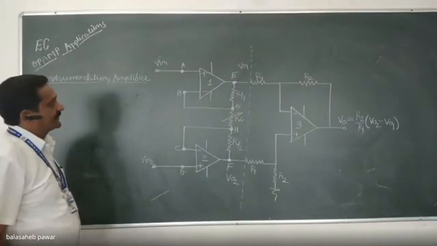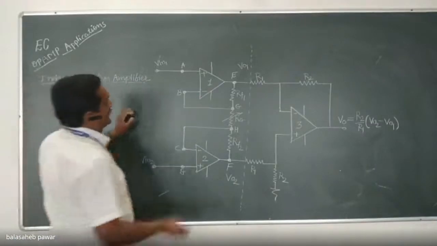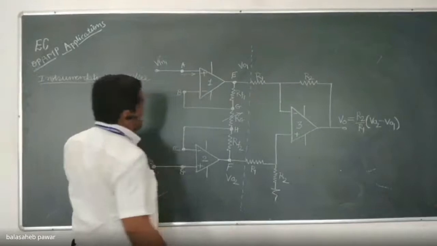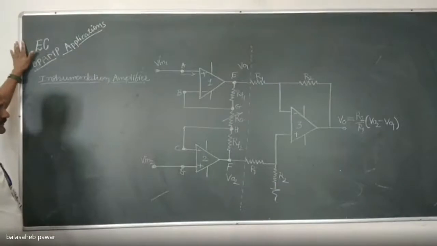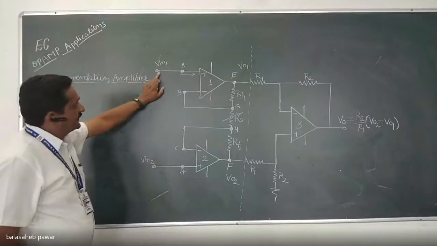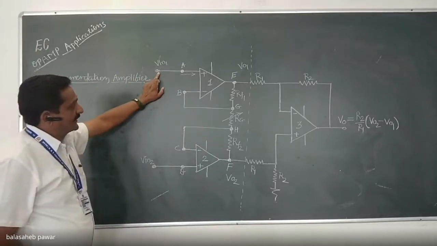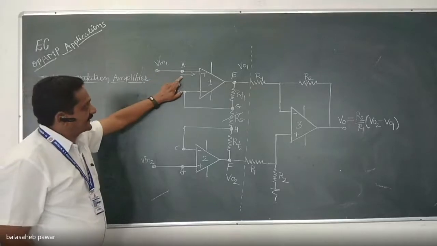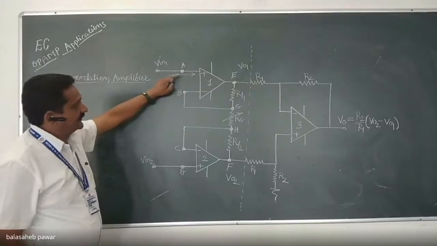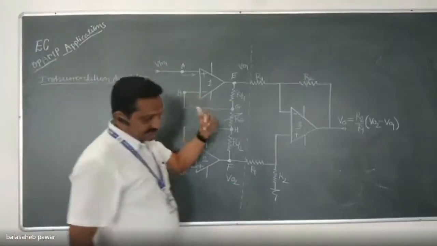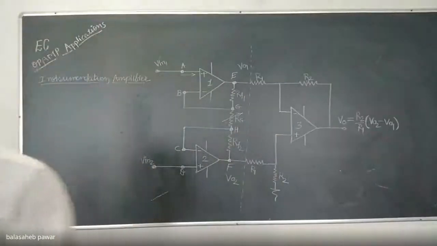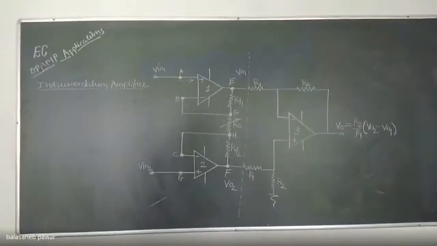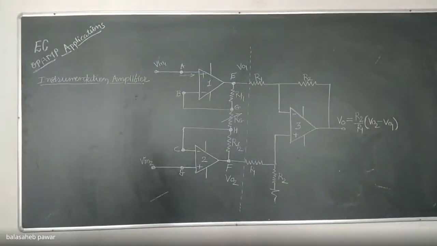Now, how much VO1 and VO2 will be, that we have to derive. Okay. Again, same concept. See, we can write that input current to the op-amps is 0. Vin for the first op-amp is applied to the non-inverting terminal. Input current, that is I3, will be equal to 0. Then by the virtual ground concept, VA will be equal to VB.